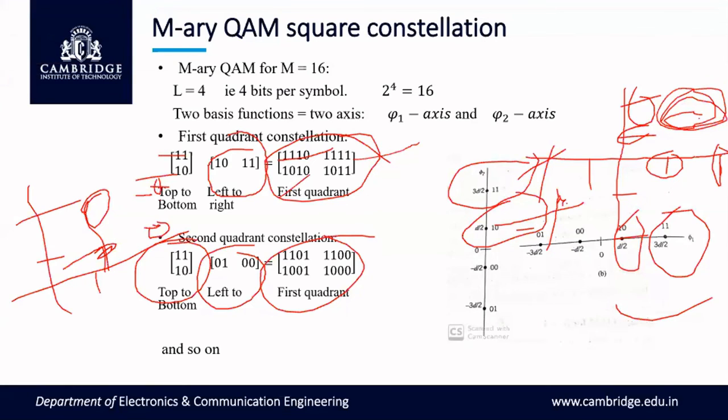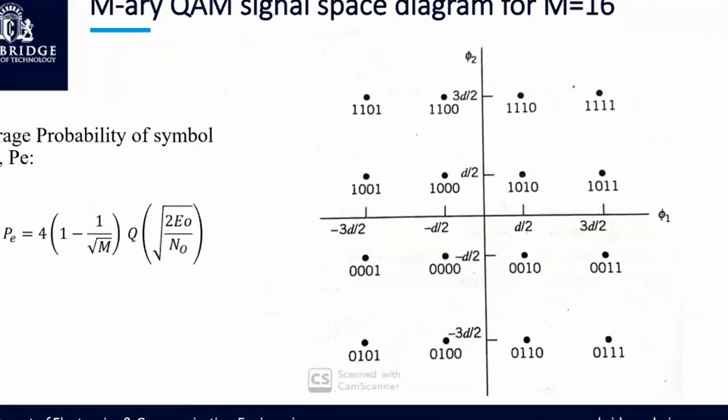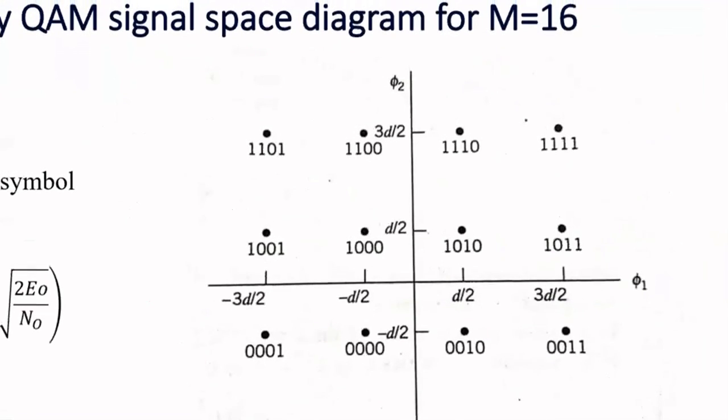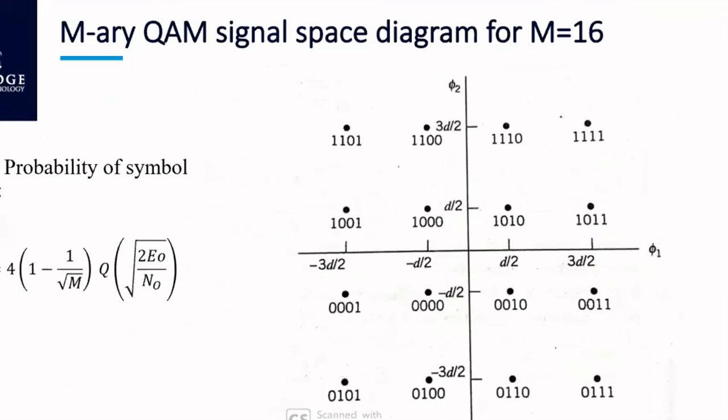So in each quadrant, we can identify 4 symbols. Finally, we get the signal space diagram. Okay, this 4, 4, 4, 4: 16 points have been identified. Each point corresponds to one symbol. See the difference between them? The minimum distance between them, you can observe, corresponds to energy level difference in practice. Like this, we can accommodate 16 different amplitude levels for 16 different symbols. Hence the name 16 QAM signal.